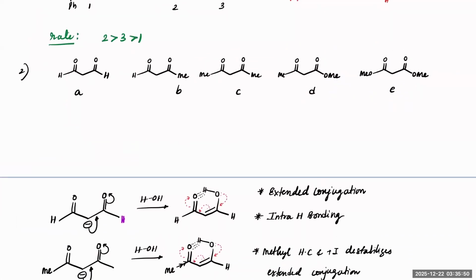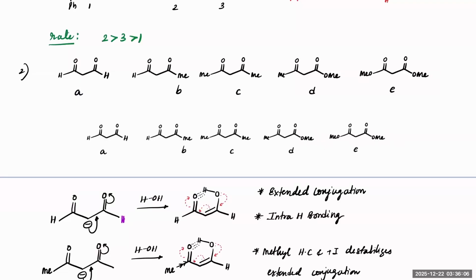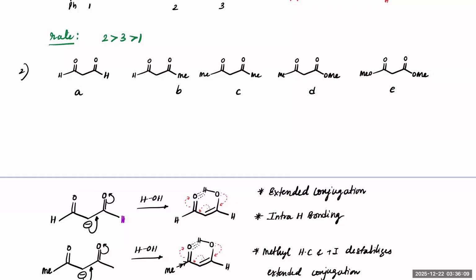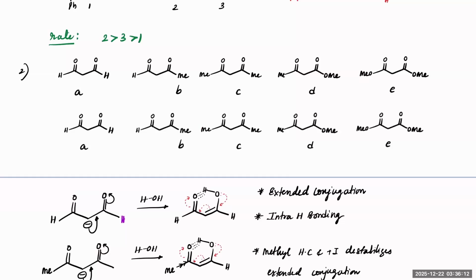In the case of the second one, this carbon is active methylene. Active methylene, if you make it as minus charge here. So let me just take all of this together. Now notice, in all these cases, I'm supposed to make a carbanion here. Minus, minus, minus, minus, and minus. Now this minus can get conjugated in both directions like this, both directions. While here it will go like this